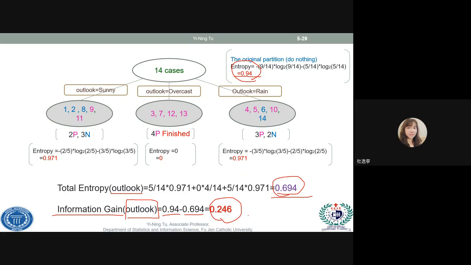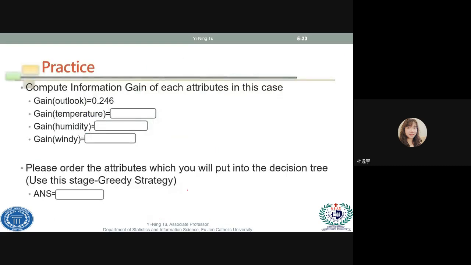So is a larger gain better or a smaller gain better? Because gain is the original subtract after, this value being higher is better. It means the contribution from this attribute, outlook, is better. Okay? Is that clear? Okay, if there are no problems,